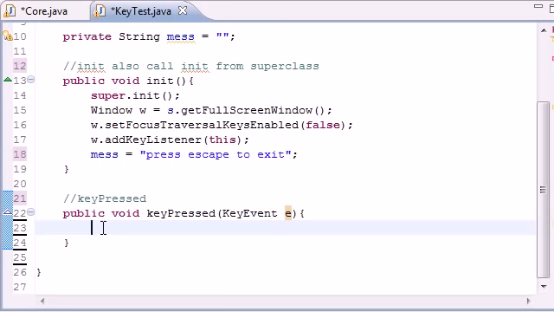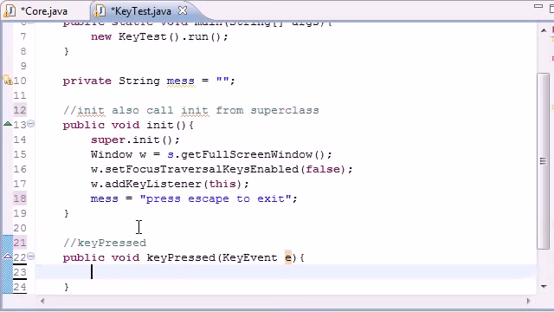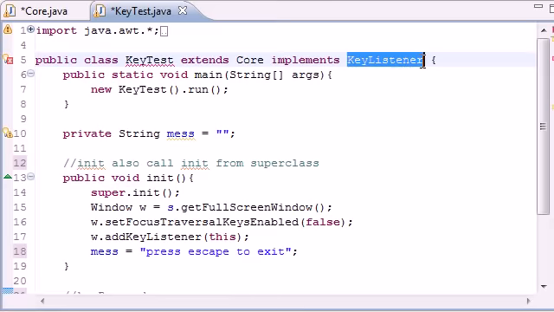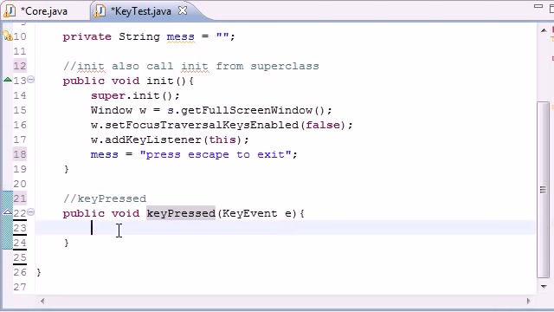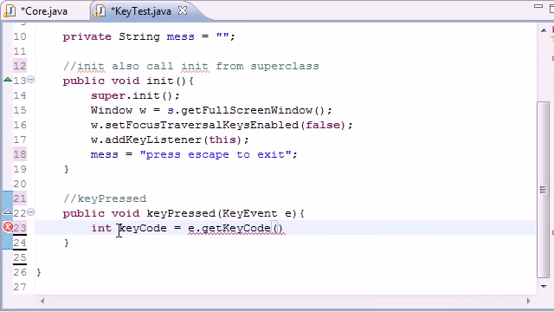So now what this method says is, all right, whenever you press a button on your keyboard, this is the method I'm going to call because that's what I know how to do. So whenever you implement this key listener class, you have a method that pops up whenever you press a button down. This is the code I want to happen. So since we got to the code, let's give it something to do. Well, the key code, first of all, let me go ahead and type this line, then it might make a little more sense. int keyCode = e.getKeyCode();